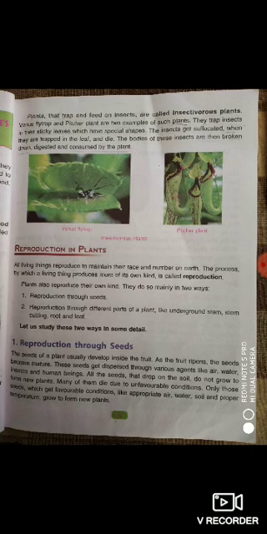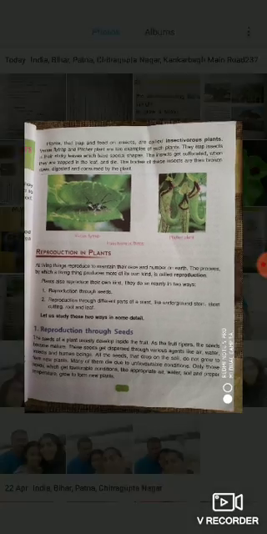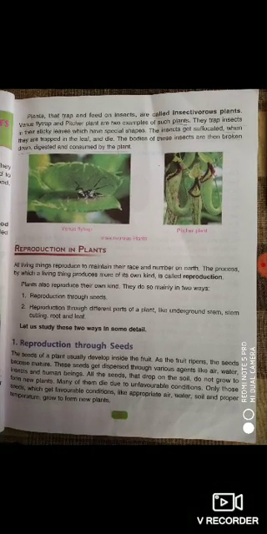Okay, you all know seed dispersal. And then when they get the favorable condition, they grow into a new plant. The favorable conditions are when they get the appropriate water, soil, and proper temperature, and then they grow to form a new plant. That means to grow a seed, three things are very essential: one is air, second is water, and third is temperature. This is very important, and soil also.